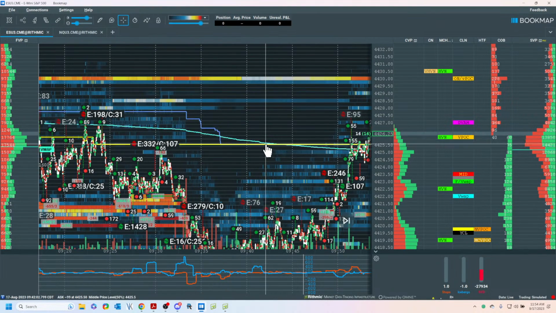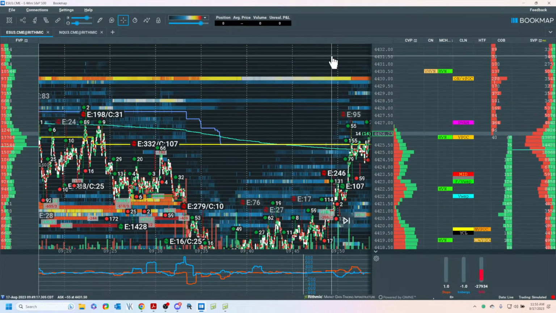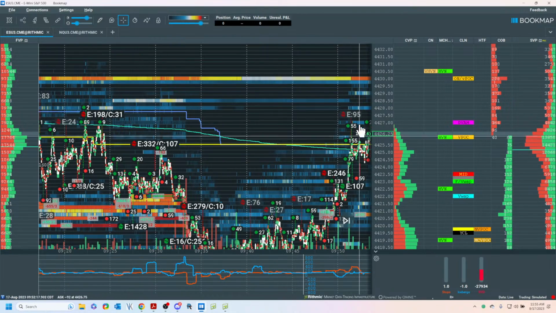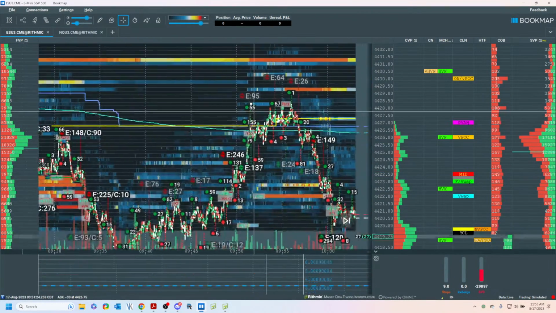VWAP, VPOC, and VWAP are converging. This is what it suggests. And remember, potentially, past performance not indicative of future results. Balance. Balance means that the market has potentially found equilibrium. And that means now we can trade both sides. So now it's not inside out trading. It's outside in trading. It changes to something called mean reversion. Let's watch it.